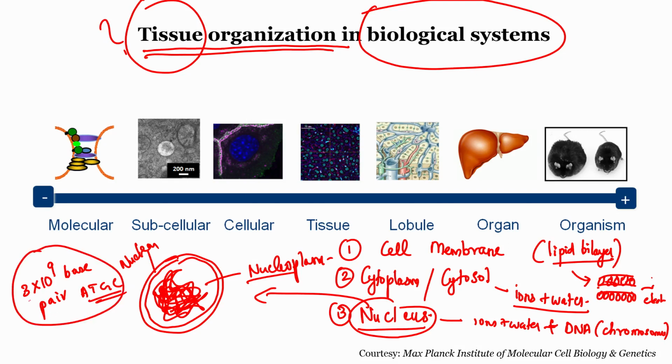If you try to put these 3 into 10 raised to 9 base pairs in a linear fashion, I do not know exactly, but it is said that it can go around the earth 2 times, I am not sure. So, it is very long. So, to contain it within the very small micron or even nano dimensions of nucleus, it gets heavily condensed. So, it is a very dense layer. This genetic material is very densely condensed inside the nucleoplasm.